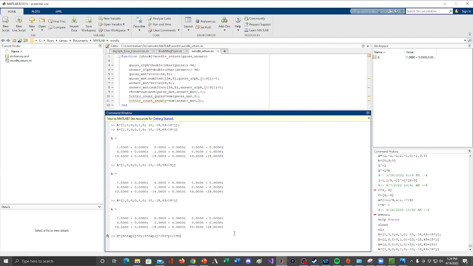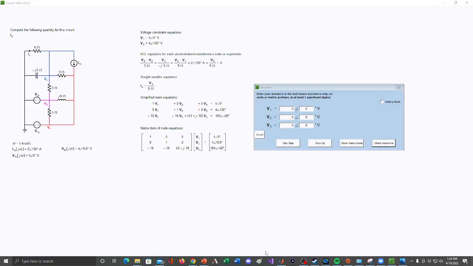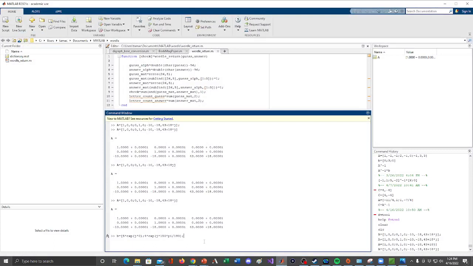But I'll calculate it directly. And then the final column is 180 at an angle of minus 60. So that's 180 times e to the power of minus j60